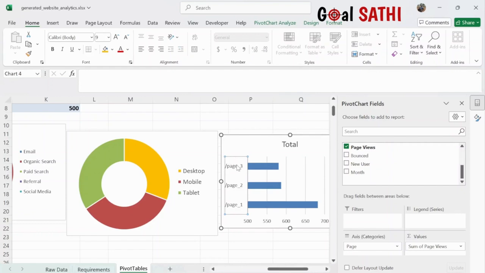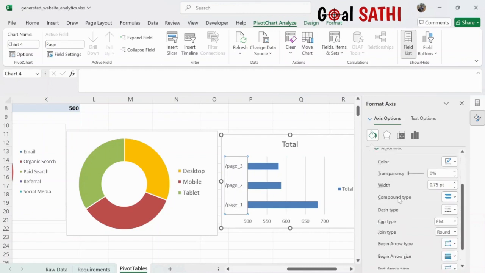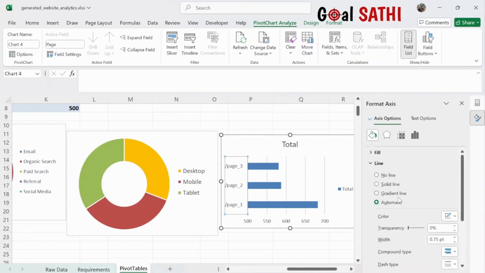Now I have to select this specific axis itself and then right click, and you will see, yeah, you can see on double clicking as well, it will show the format axis panel here on the right side. Here, what you will have to do, you will have to just go ahead and